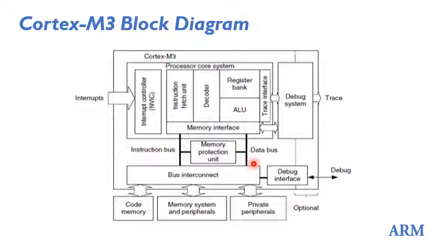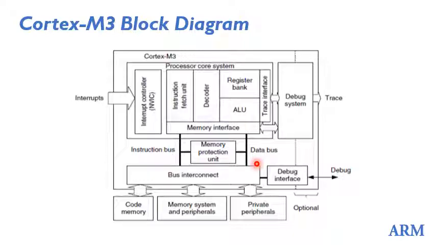So the memory space here is 4 GB. The presence of two buses, separate for instruction and data, does not mean that 8 GB of memory space will be available. The memory space is common for instructions and data. But the advantage of having Harvard architecture is that instructions and data can be accessed in parallel, since they are being handled through two different buses.